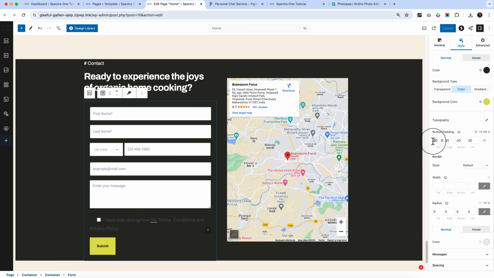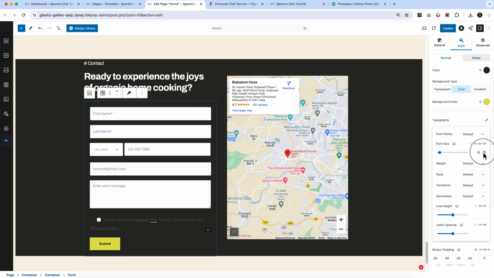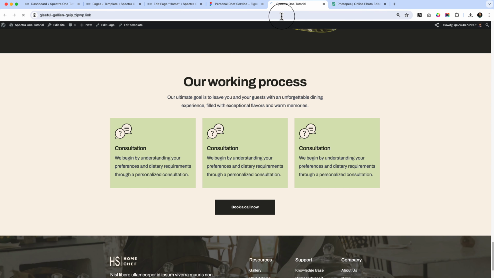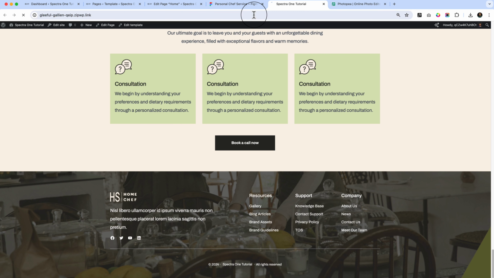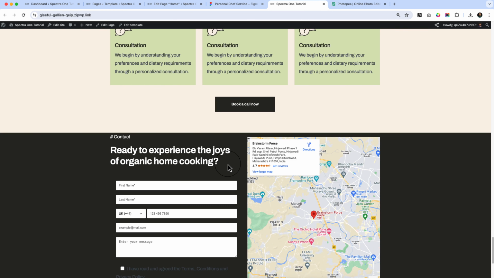So on the top it should be 20, bottom should be 20, right, we can increase to 40, and the font size 60, weight bold. Now if you just take a look at the view here, I have to reload the page again. So it looks like this,